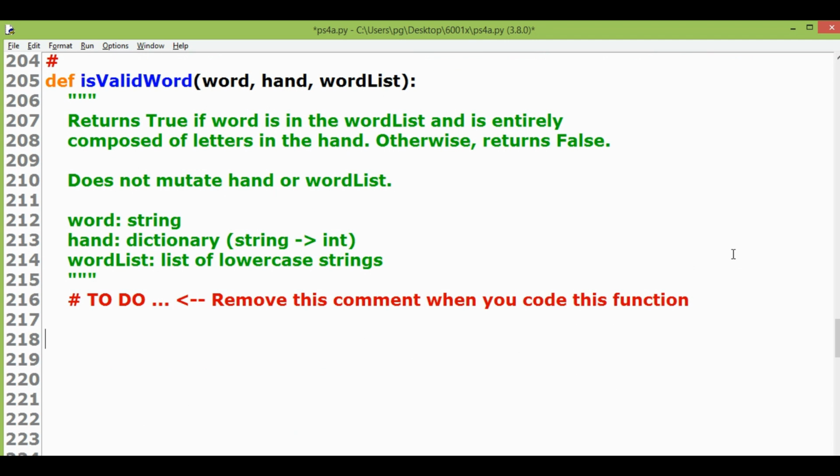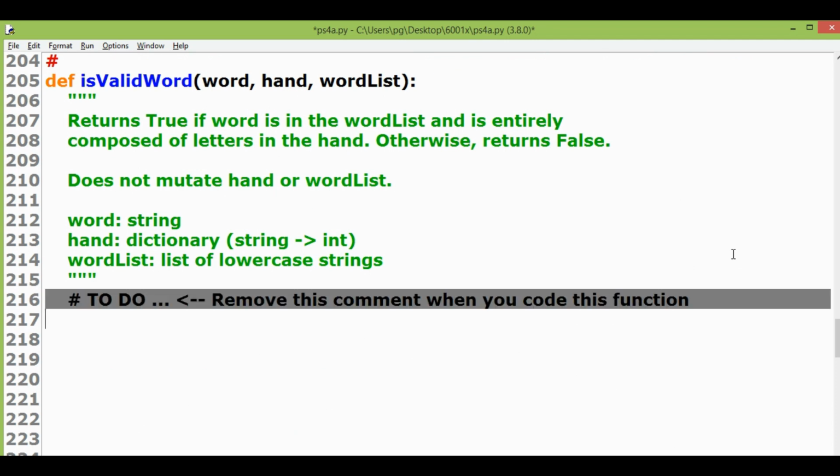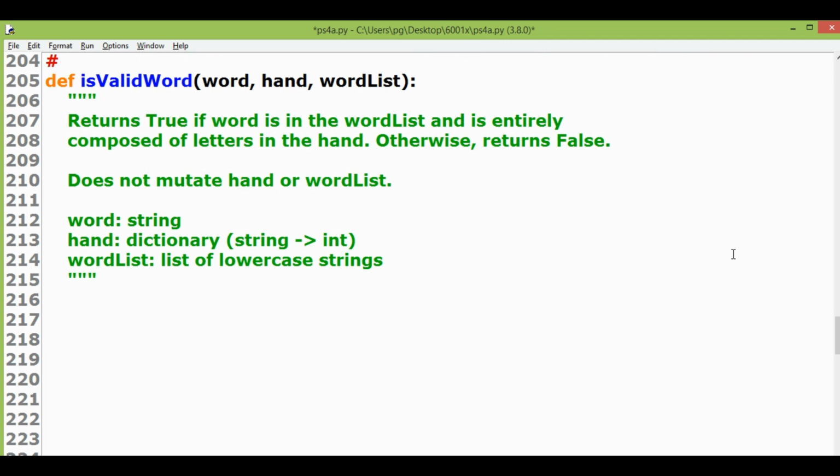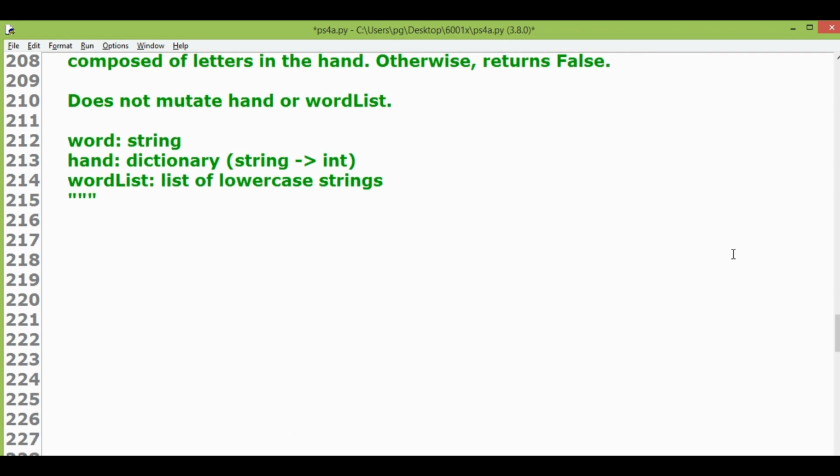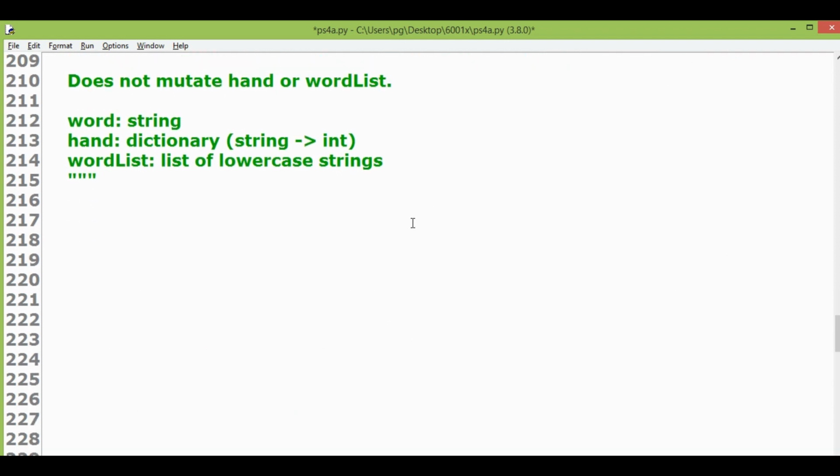So let's first remove this comment. If word not in word_list: return False.